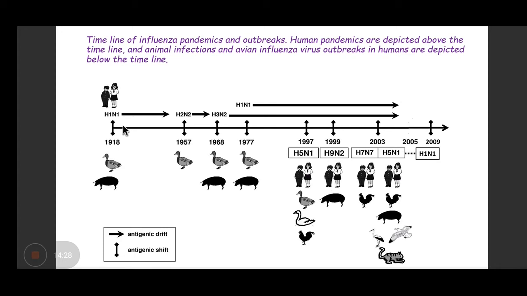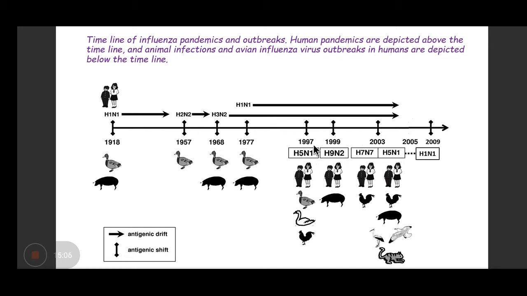So in 1918, the virus came into existence, that was H1N1, and it kept on changing slowly because of antigenic drift. And in 1957, because of antigenic shift, it became H2N2, and it kept on changing slowly with antigenic drift mutations. And then because of the antigenic shift, this H2 changed into H3, and like that the virus keeps on changing over time, both because of antigenic drift and also because of